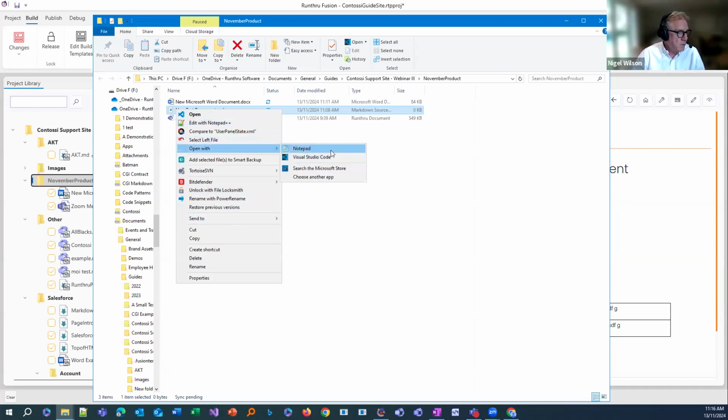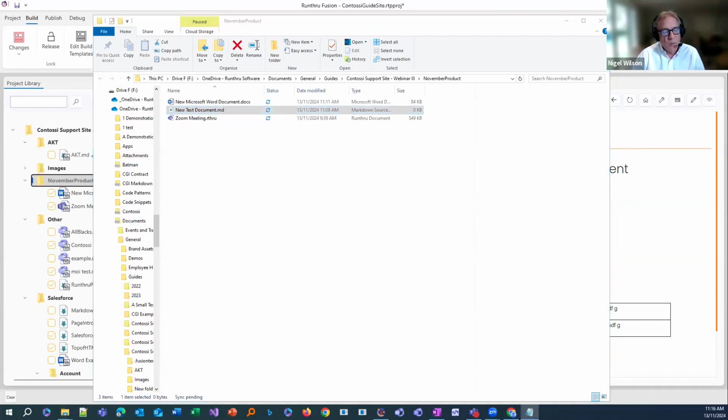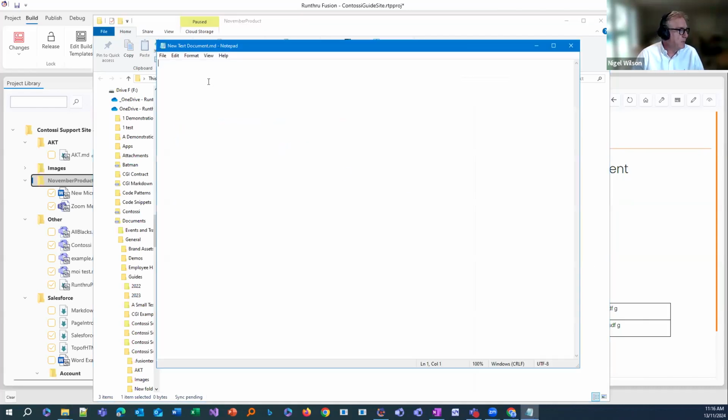But I'm going to use the simplest editor on Windows just to give you an idea of how this works. And then we'll use a different editor, which is a little bit easier than this. Not easy to use, nothing's easier than Notepad, but easier in terms of being able to see what's going on automatically. So I want a big heading, and I want a small heading and also some text. So these things here are obviously just lines of text